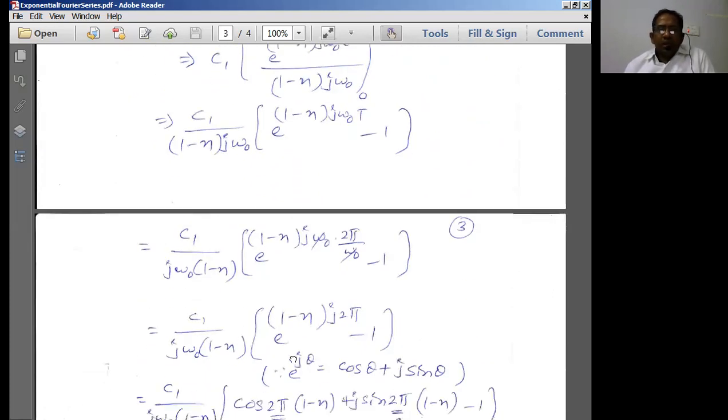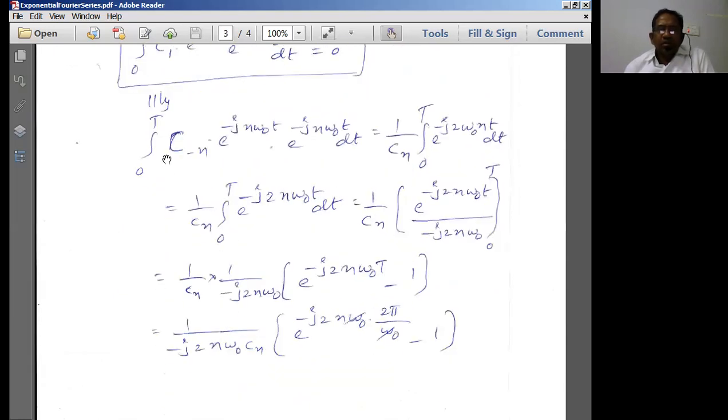When you go with the nth harmonic component, what are you going to have? C of minus n, e power minus j n omega naught t, into e power minus j n omega naught t. So it is going to be something like 1 plus 1, so 2. So e power minus j 2 n omega naught t. I can simply write here dt. Now simple integration, e power minus x kind of integration. So I can have this as something like e power x, e power xt kind of form. If it is going to be e power minus xt, I will be writing here e power minus xt by minus x.